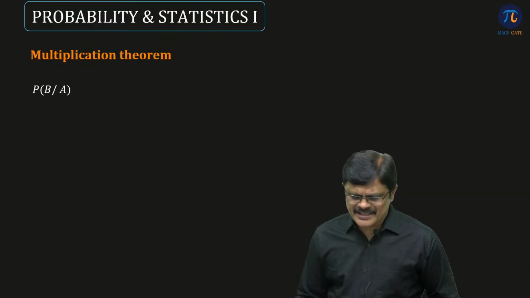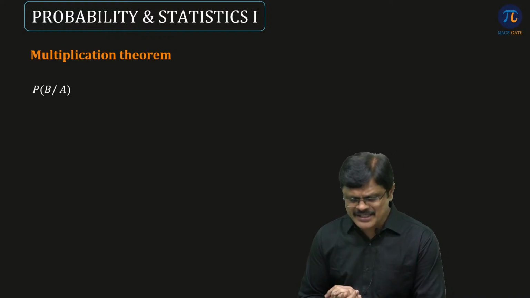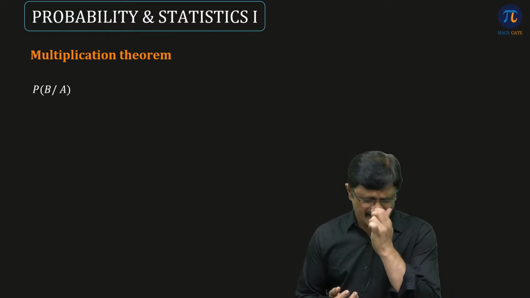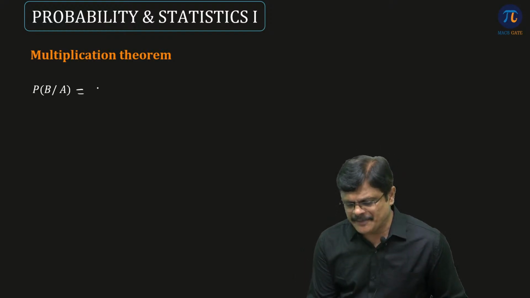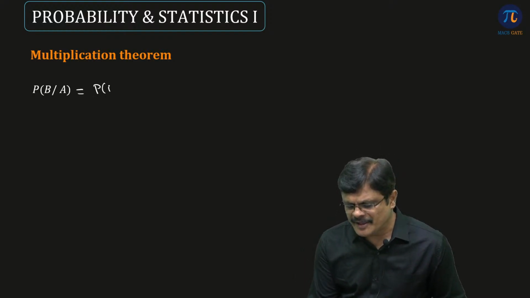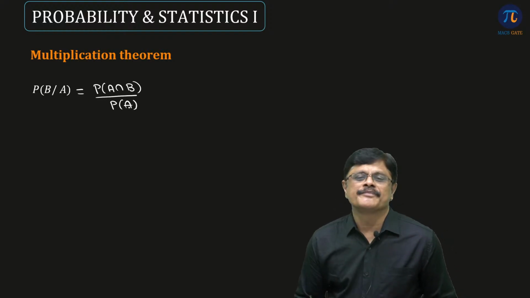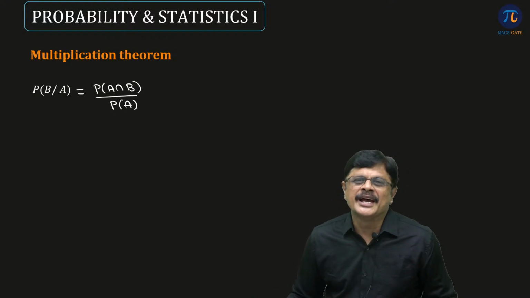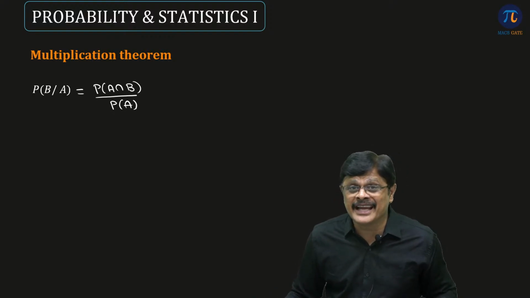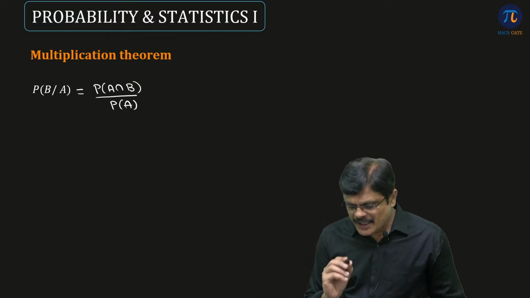In the last class we discussed conditional probability. What is the conditional probability of B when A has already happened? That is given by probability of A and B divided by probability of A. Of course, here probability of A should not be equal to 0. That is, A should be a possible event. A cannot be an impossible event. Now from this,